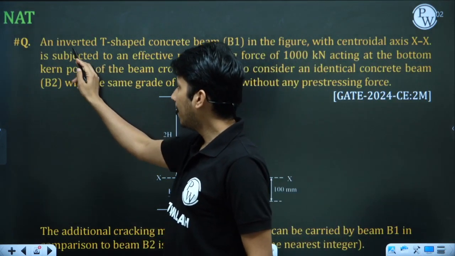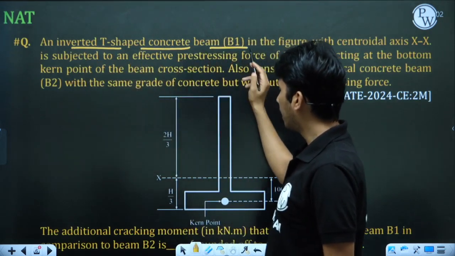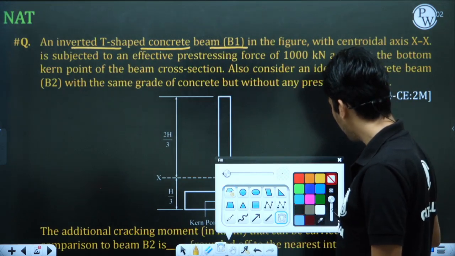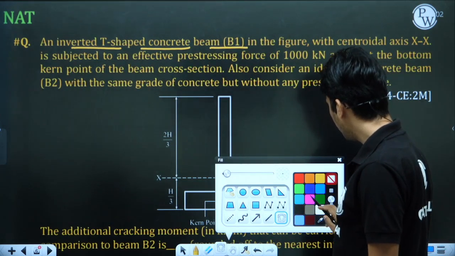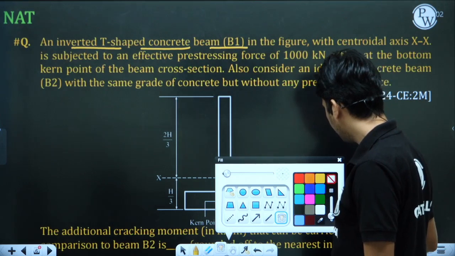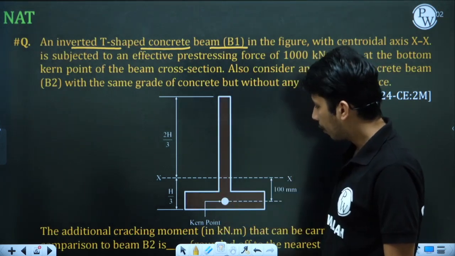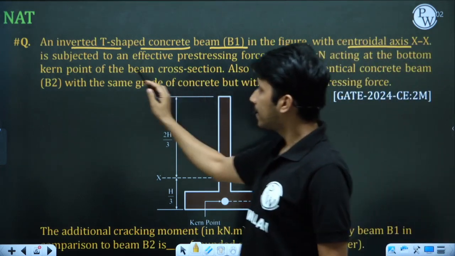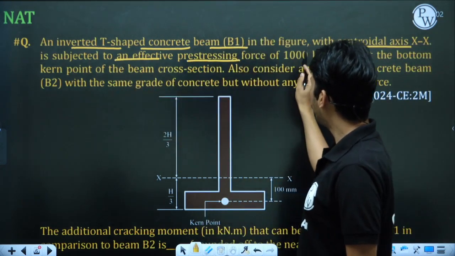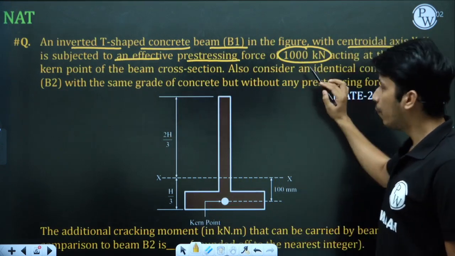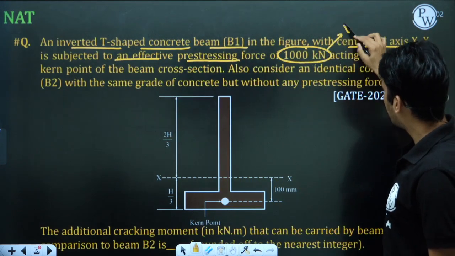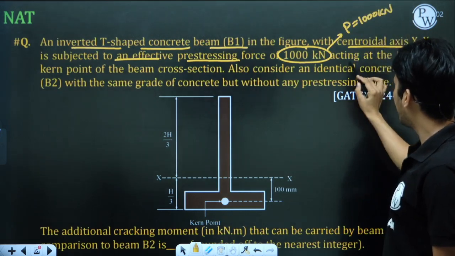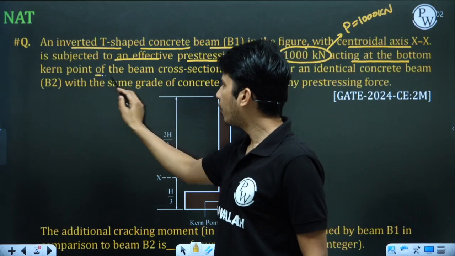It is saying an inverted T-shaped concrete beam is there. So the T beam is inverted. This means that the flange part will be at the bottom and the web part will be at the top. It is subjected, with centroidal axis XX, to an effective pre-stressing force of 1000 kilonewton. So the starting force of pre-stressing is 1000 kilonewton. This is given. Now it is saying that it is acting at the bottom kern point of the beam cross